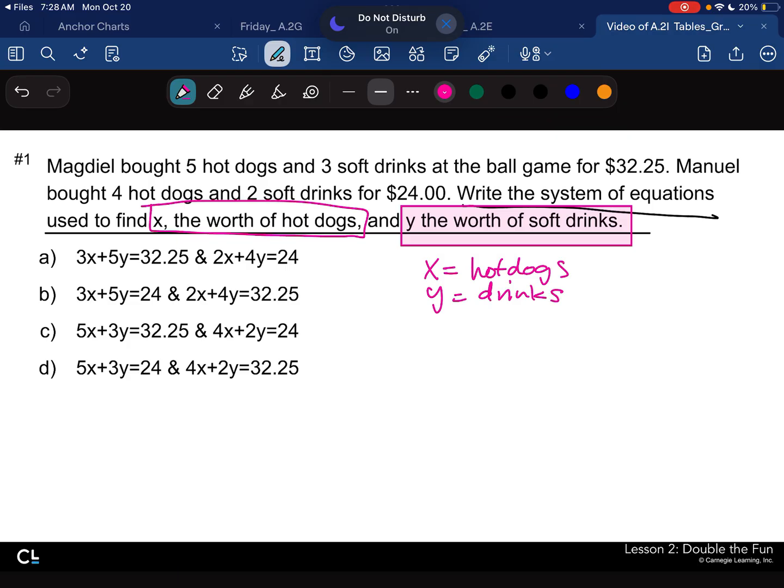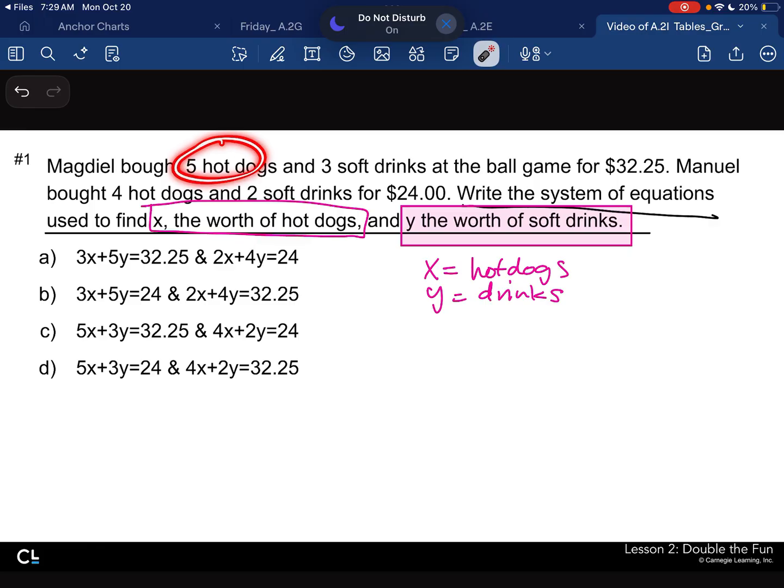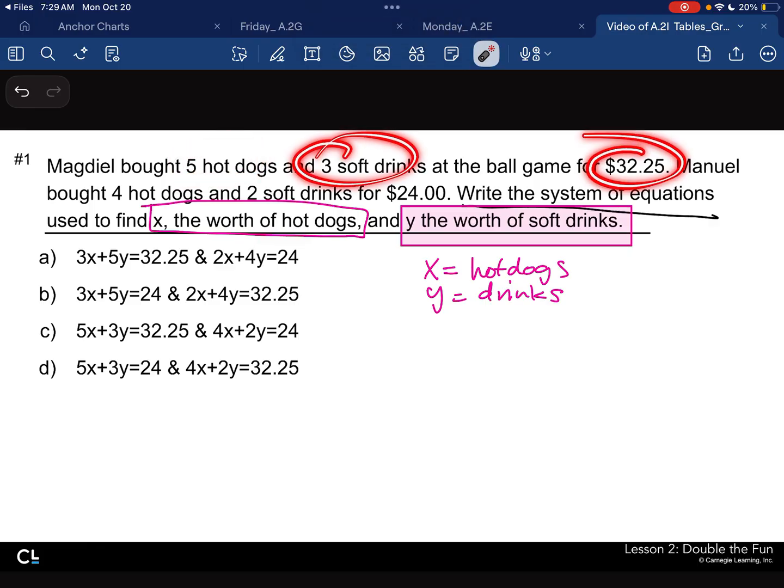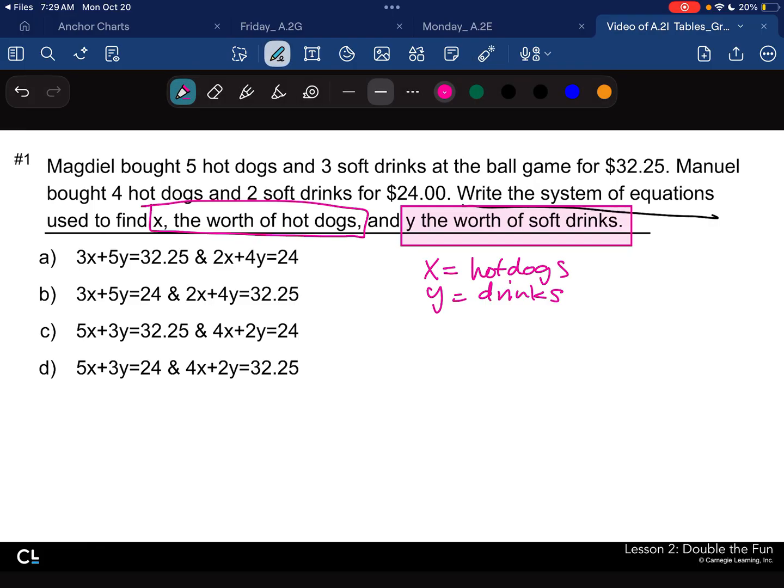The first thing I'm going to do to help me is count my numbers. I have 1, 2, 3, 4, 5, 6. I usually like when my word problems have 6 numbers because I know that 3 numbers go to Mag and 3 numbers go to Manuel. This is why it's important to use that highlighter. So Mag had 5 hot dogs, which is my X value, and he had 3 soft drinks, which is my Y value, and it equaled